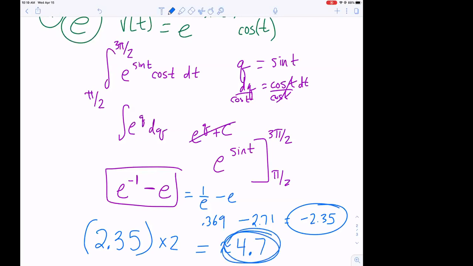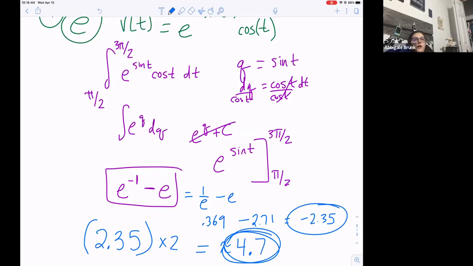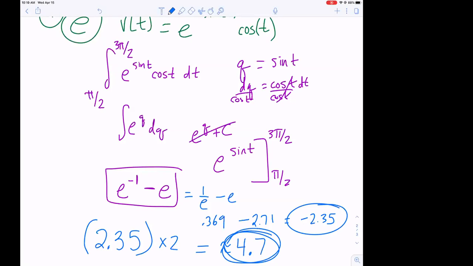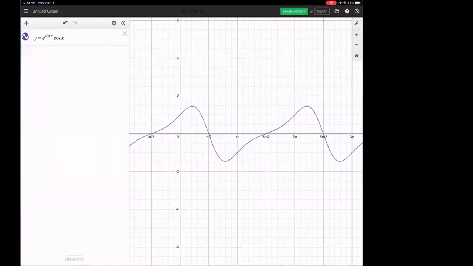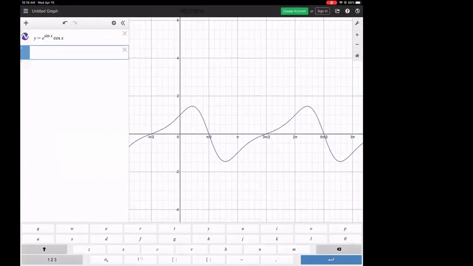Ish is the answer to part E. How do you know when it's going to be double or times 4? That is a good question. That goes back to, I should have left my other graph up on Desmos, but that goes back to the fact that this thing,